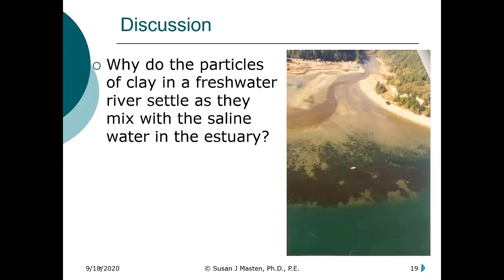So why might that be the case? I'll give you a chance to think about that. So what's happening here? When it hits the salt, does it just coagulate? Exactly. So you've got a high concentration of salt solution in the estuary, typically about 20,000 milligrams per liter, so